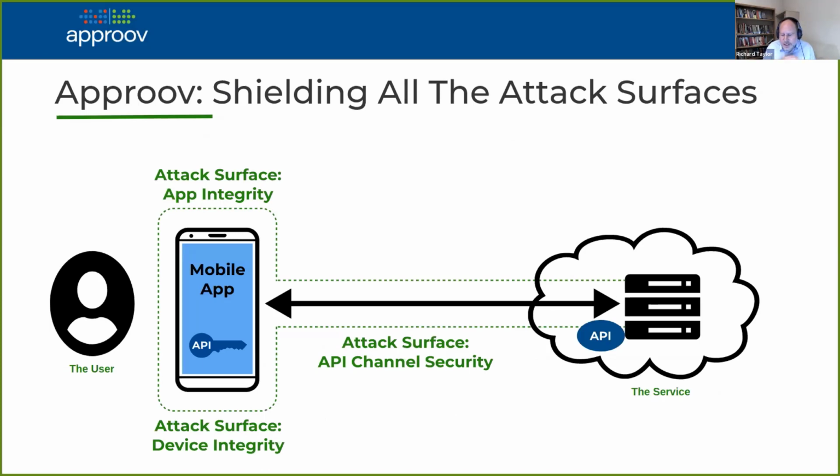I'm not going to go into all the details of what Approve does, but essentially it's an SDK and cloud service which is used to protect the integrity of your system that's running outside of your backend service.